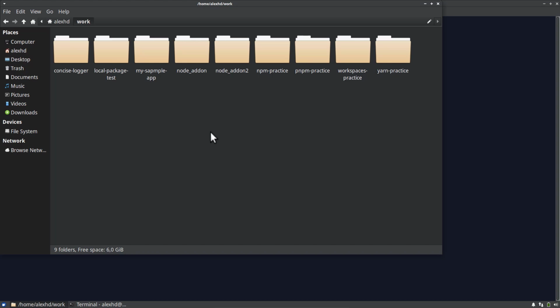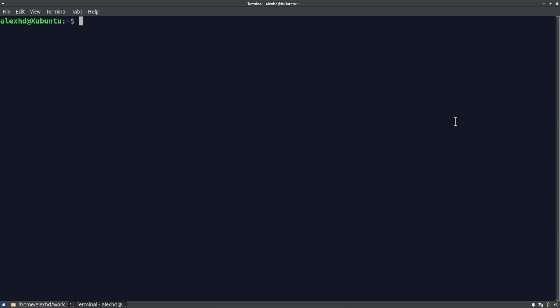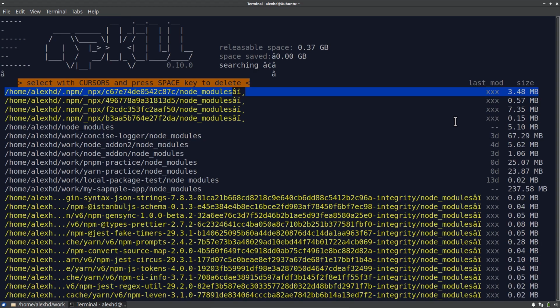I will show you a very clean way in which you can do this using a package called npkill. And we can directly execute it with npx. So I will call npx npkill. And this is a process which will show us the state of your node modules inside your machine. As you can see, it tells us for most of them when they were last modified